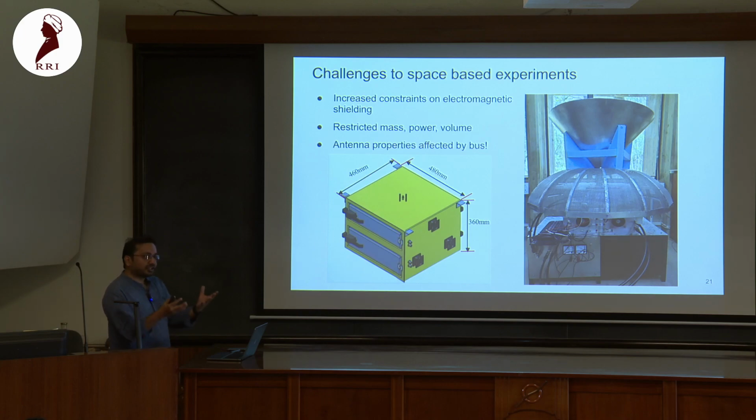At the same time, because the digital system is sitting right at the antenna, we have to really shield it very well. So we have to hunt for materials that are lightweight, but also very effective in shielding these radiations. Otherwise, it can create a feedback loop. And the antenna is metal, and any metal nearby will affect its property.